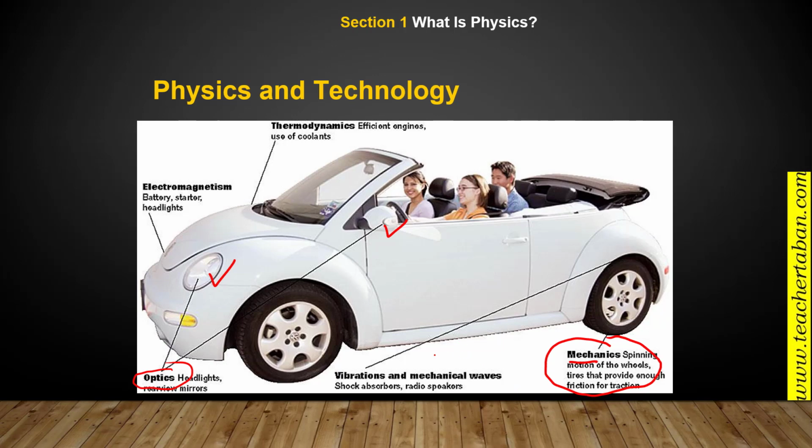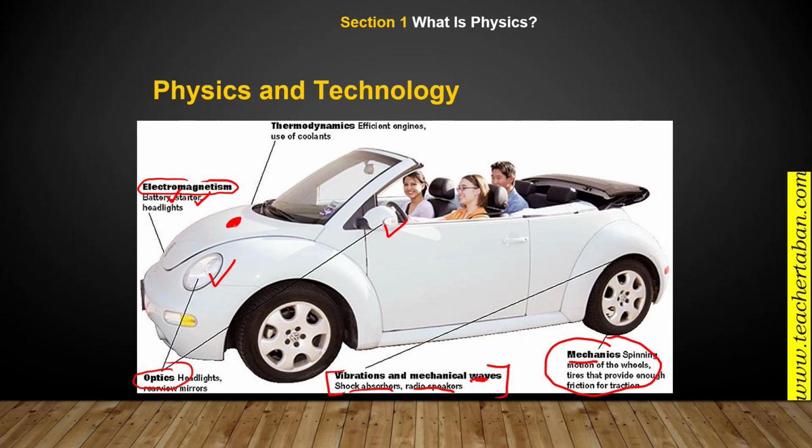If the car falls onto a hump on the road, or into a ditch on the road, as a result it moves up and down. It vibrates up and down. In other words, you talk about the springs, the shock absorbers. All that is under waves. Then we talk about a battery starting a car, that is ignition. That is under electromagnetism. This is a combination of both magnetism and electricity.